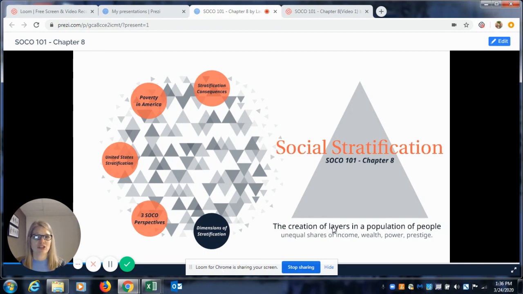So we already talked about what social stratification is and how that plays into social class. We also talked about the 3 dimensions, and the dimensions are the things that create the stratification or create the layers in society. That's based upon your access to things like power, wealth, prestige. But now let's look into what sociological theory says about why this stratification happens, or why people get put into these layers.